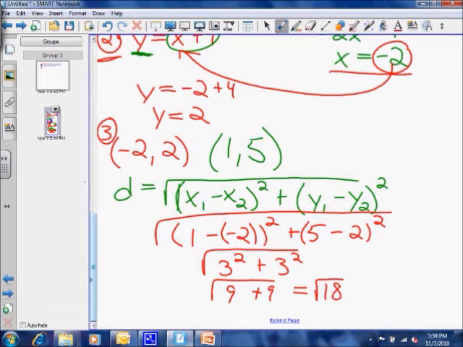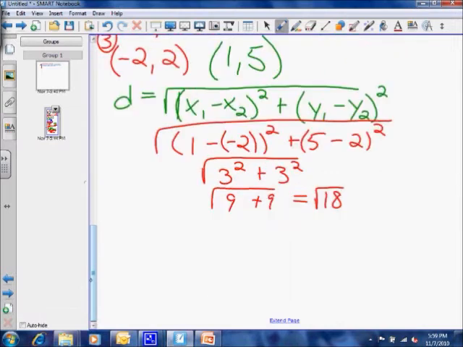And I can either leave it as that, give the decimal approximation, or I can break it down into 2 parts, because square root of 18 can be broken down into the square root of 9 and the square root of 2. Square root of 9 is 3, square root of 2. Final answer to this problem, the distance between point 1, 5 and line S is 3 square root of 2,